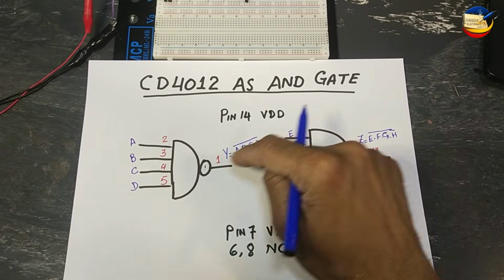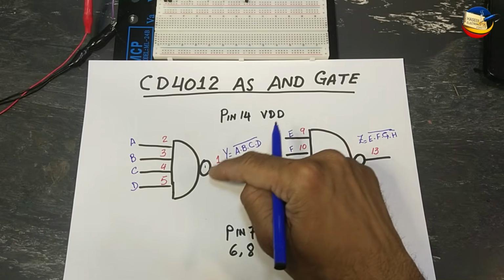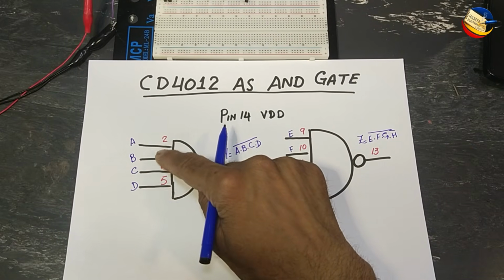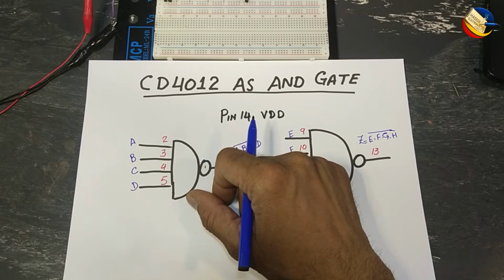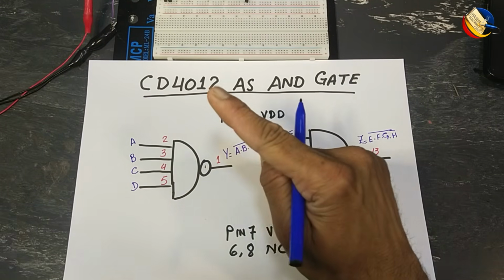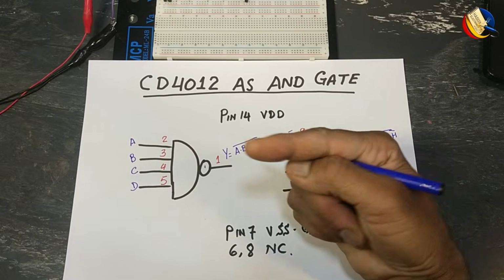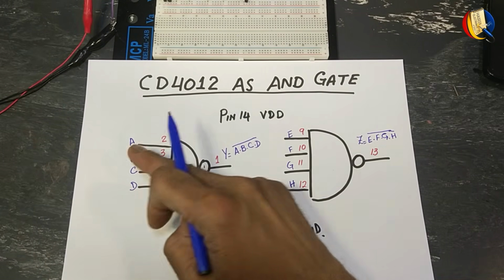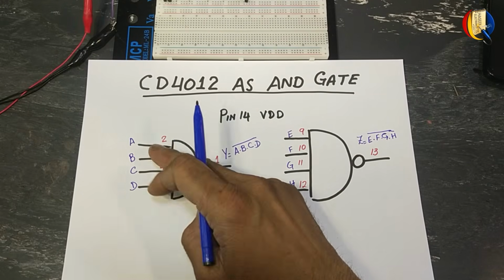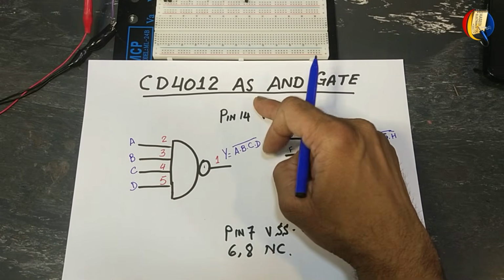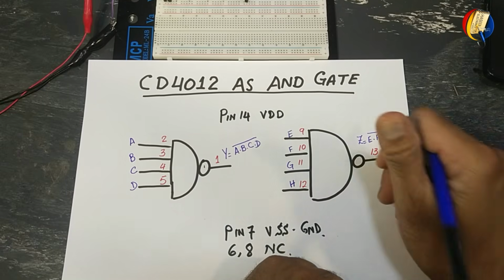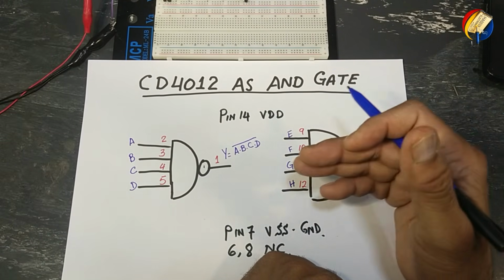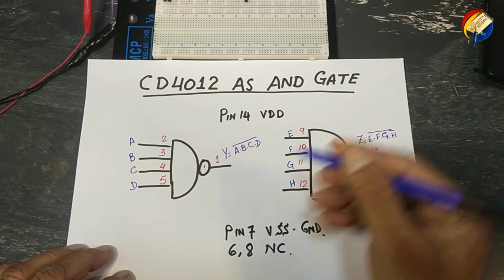With 4 inputs, by the 2 to the power n method, 2 raised to the power 4, that means 16 possible input combinations can be applied to this IC. Out of 16, just one combination, when all inputs are high, gives a low output. If any one input is low or all inputs are low, output will be high. If we need an AND gate function and we don't have an AND gate IC, we can use the CD4012 IC, that is